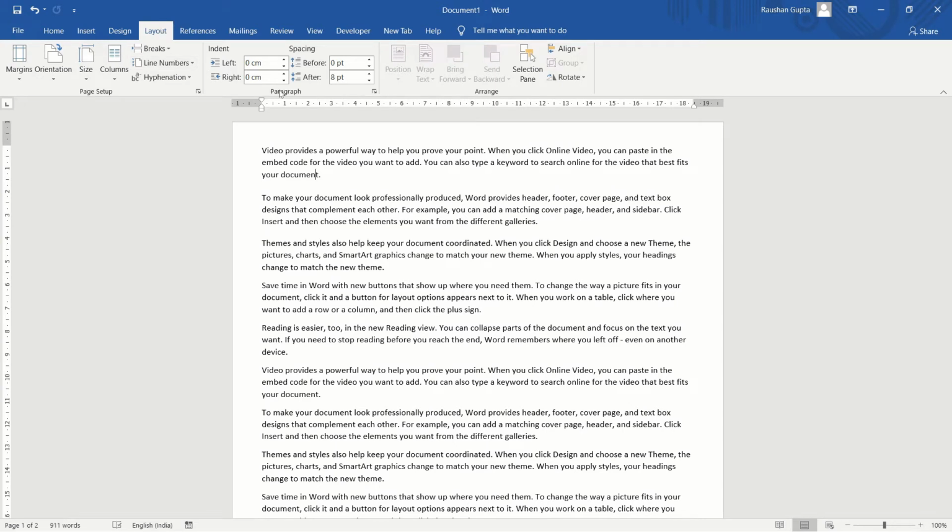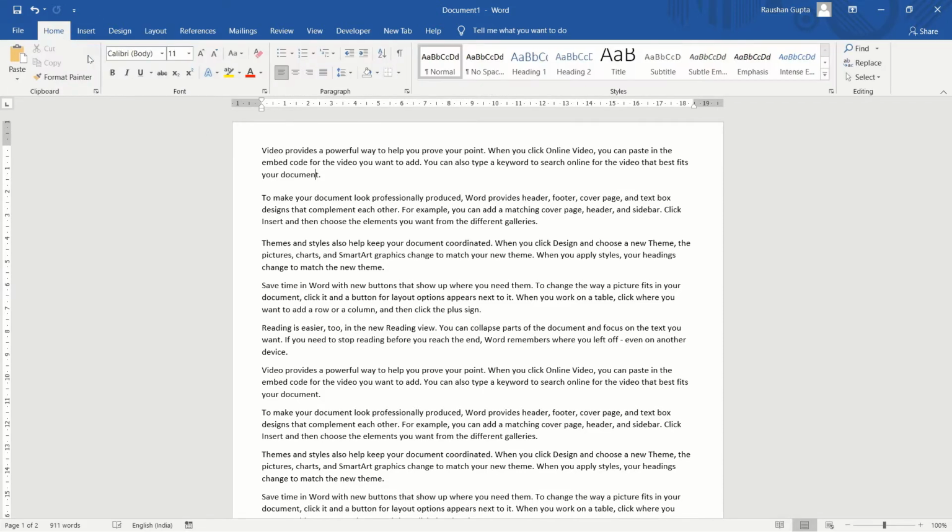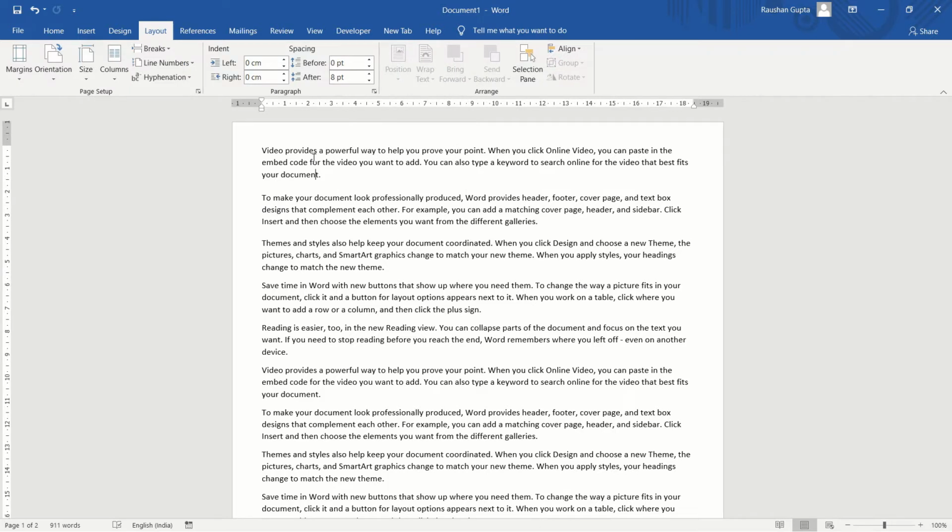Now we have completed the page setup group in the previous section of our video, so we'll go with the paragraph and arrange groups. There are two things in the paragraph group, indent and spacing. We have used both in the home tab also. Here you can see indent, decrease indent and increase indent, and here is paragraph or line spacing. So the work is the same, but here you can use it for a paragraph.